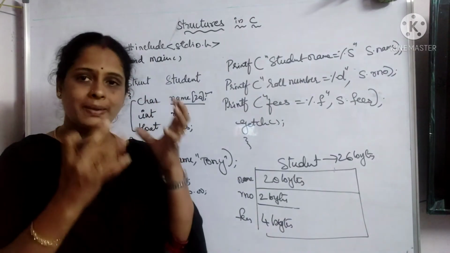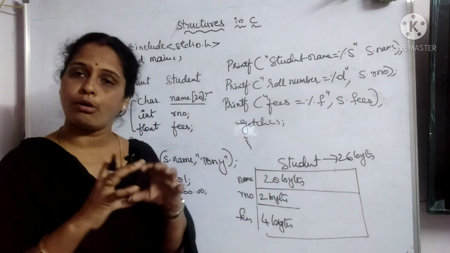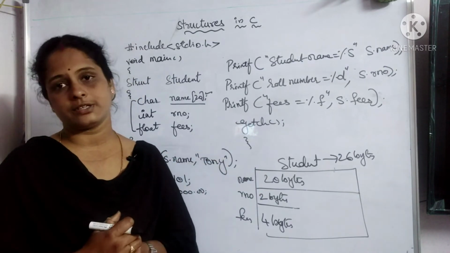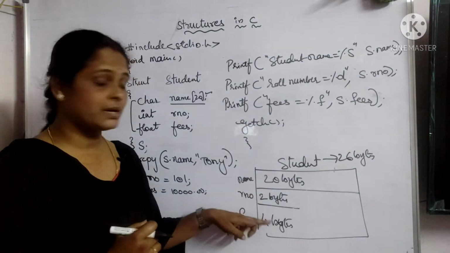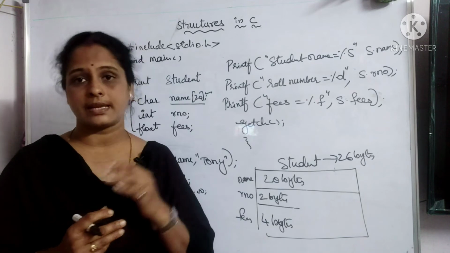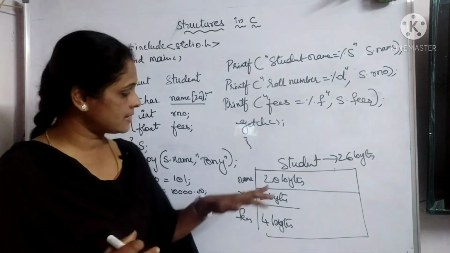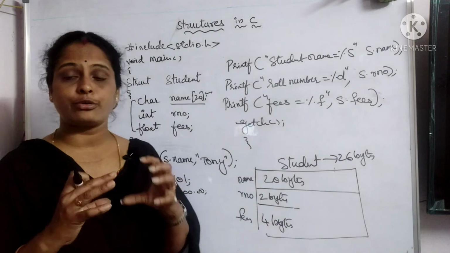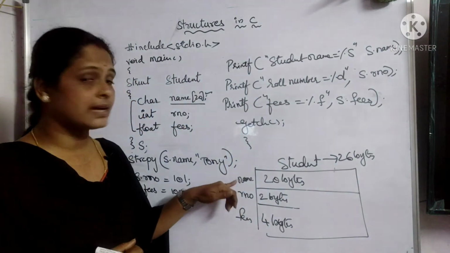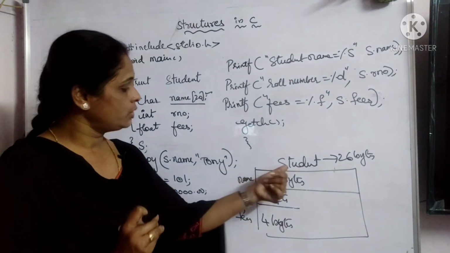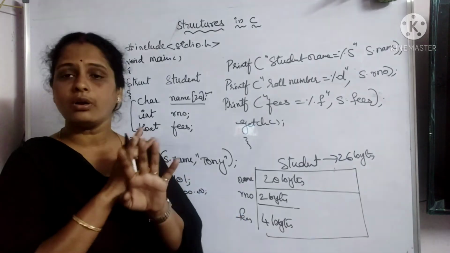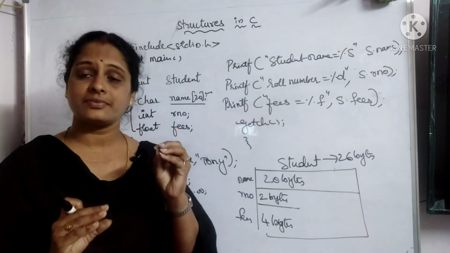And the best part is that you can initialize all the elements at a time. You can initialize all the members at a time. The best thing is that each and every member has its own individual memory location. A unique memory location is allocated by the compiler to these members individually. So they are not going to share the memory, they have their own memory.